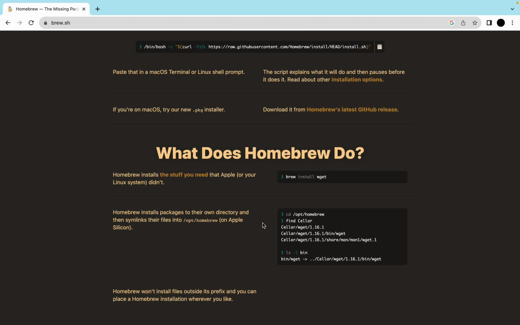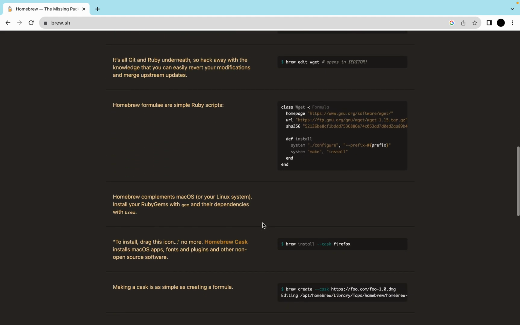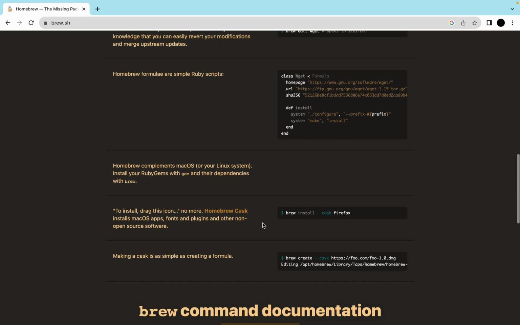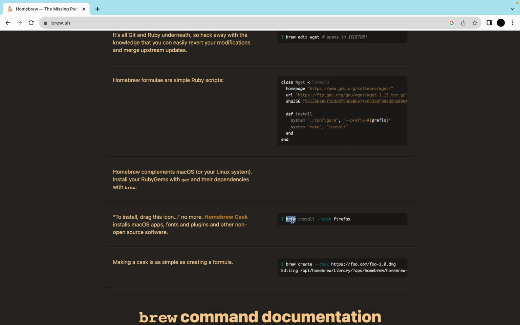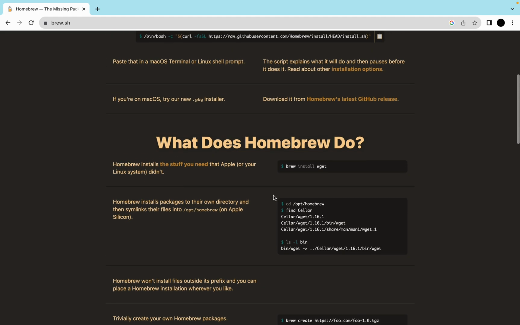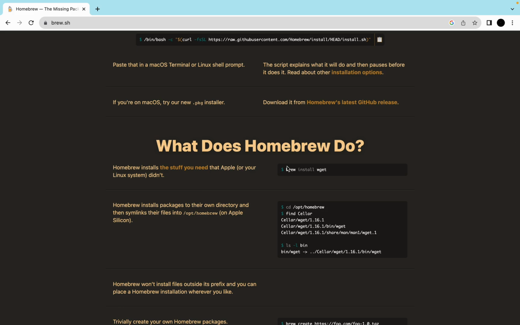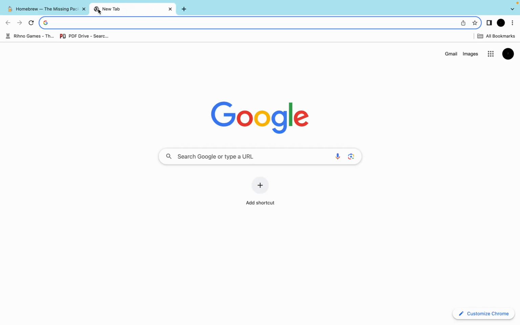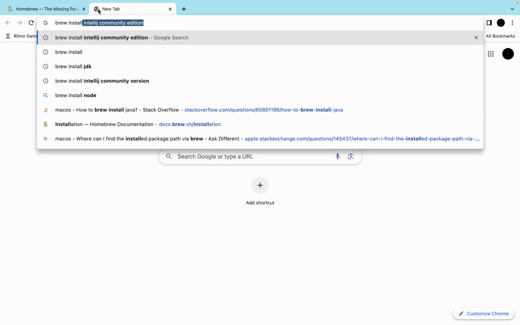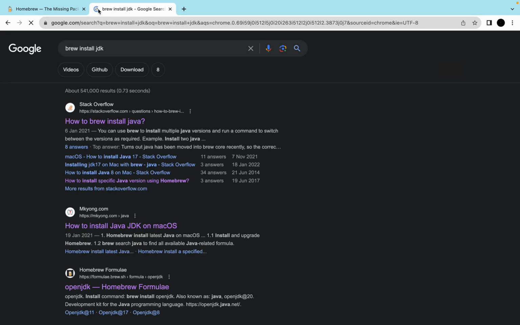Now in order for us to install applications with a user interface, like the IntelliJ IDE, we use the command brew install cask and the name of the application. So for our JDK, what that simply means is we are going to use brew install Java or JDK. But if you are not sure of the command to use, you simply search on Google, say brew install JDK,